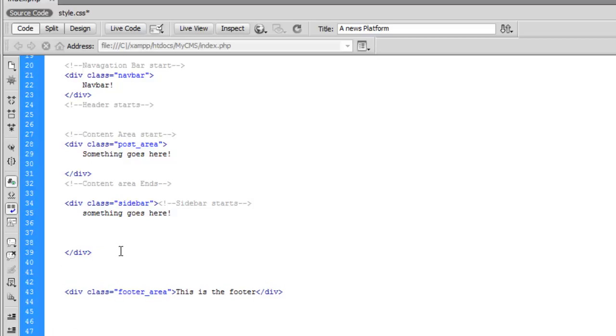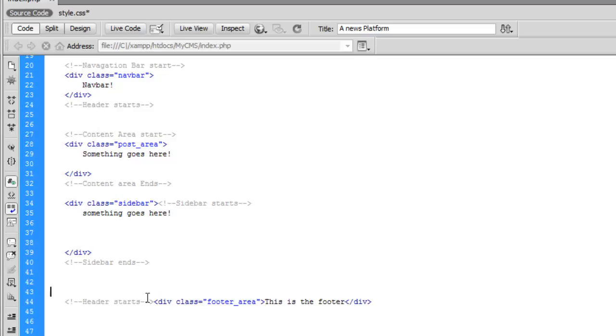This is just for letting other designers know where the work is coming from and where the sections are, actually you divide the sections into pieces. So I say sidebar ends over here, and this is your footer for this project. Footer starts here and footer ends here. Okay,